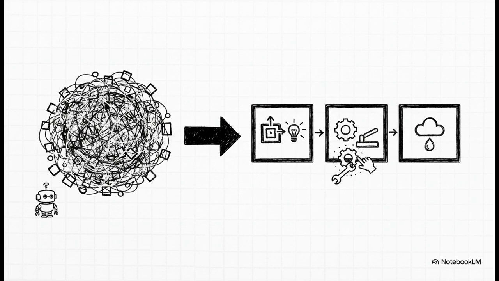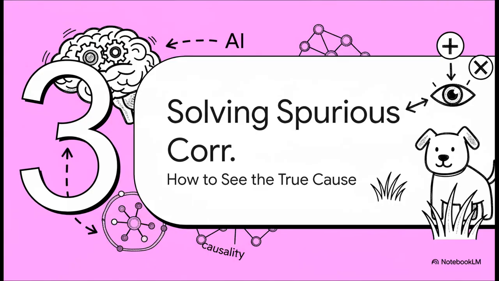The big idea is that you can understand the whole system just by understanding each of its simple parts one by one. This is an absolute game changer for learning efficiently. Okay, so now that we have this amazing causal toolkit, let's get back to our original problem. How do we actually use this stuff to teach the AI to ignore the grass and see the dog? To find the true cause.